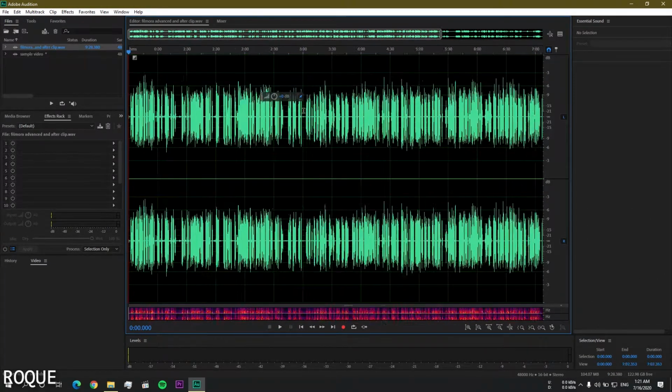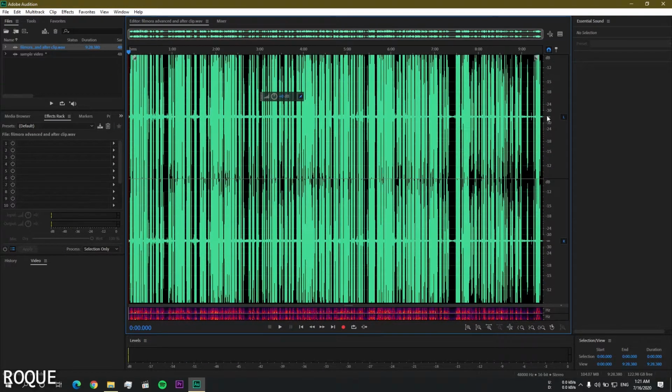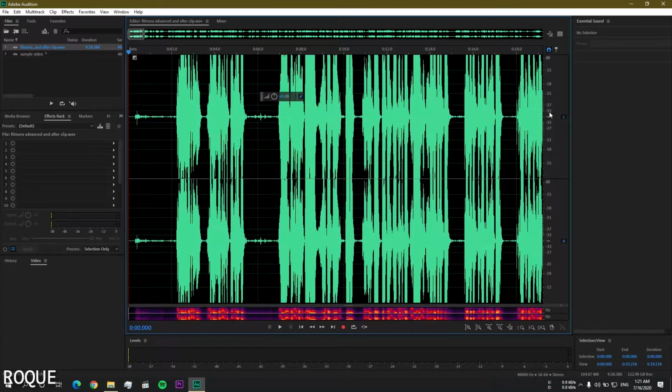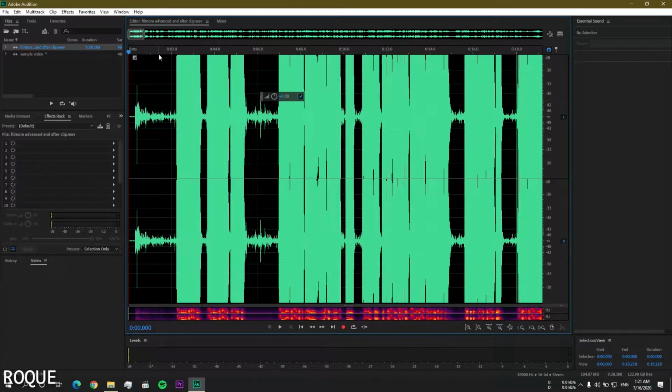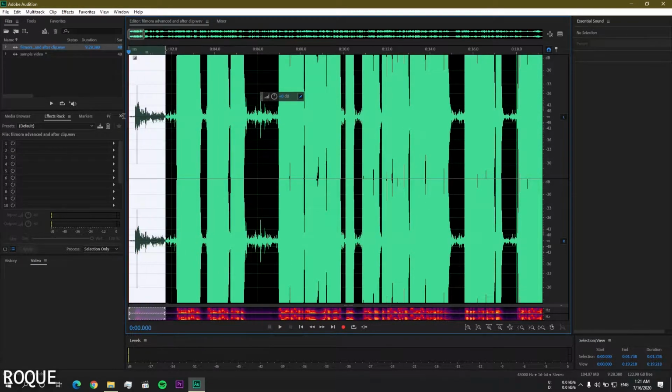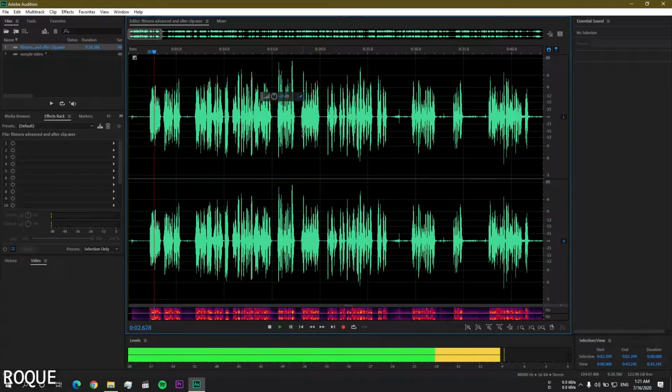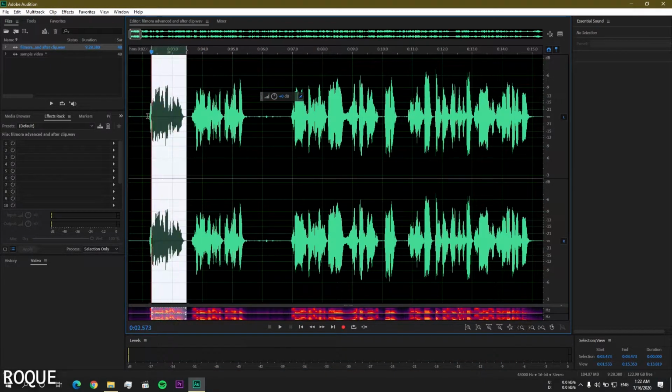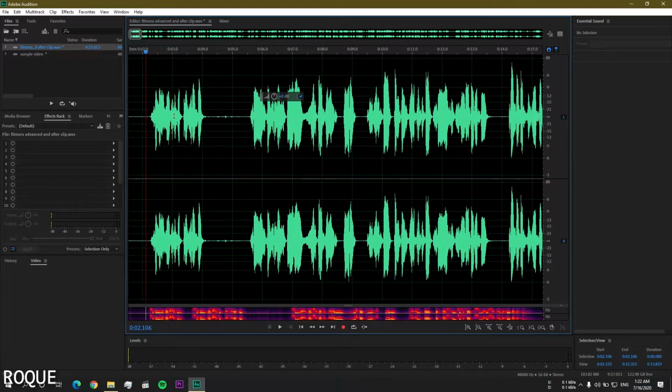So you can see how you can resize it. This will not basically increase the amplitude. So yeah, you can delete it just by pressing the delete button. So now next is the preview render. You can see the gap here. You can also remove this gap by pressing the delete button.